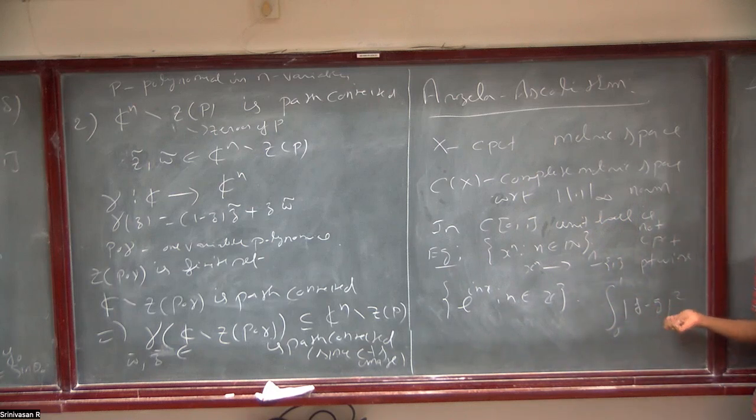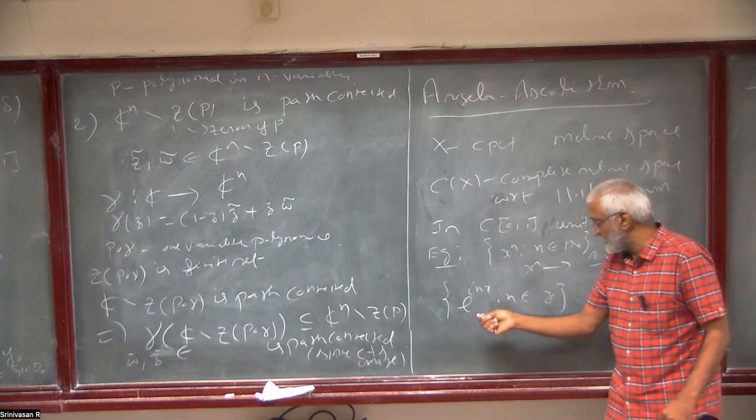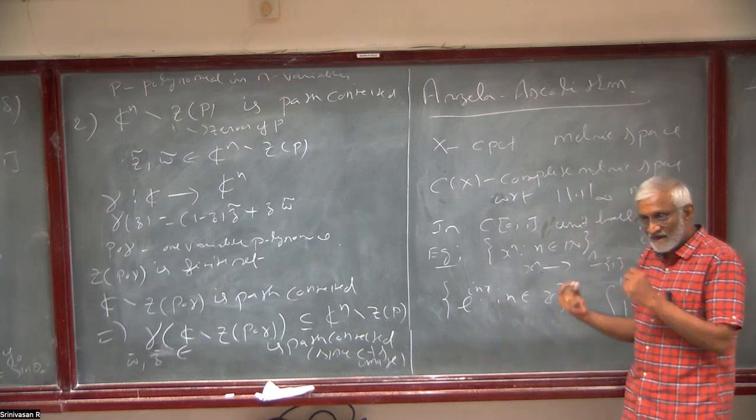I mean, it will be square root 2 here because it will form an orthonormal basis. But then if something converges in L2, then it cannot have a fixed distance, if you take fn to be this e power inx,